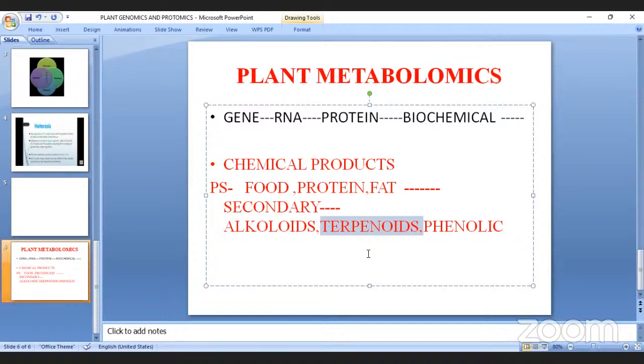The functions of phenolic compounds: attracting pollinating insects, absorbing harmful UV radiation, and reducing the growth of nearby competing plants. That means they act as a herbicide,